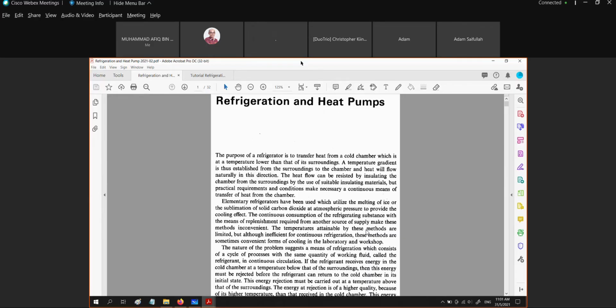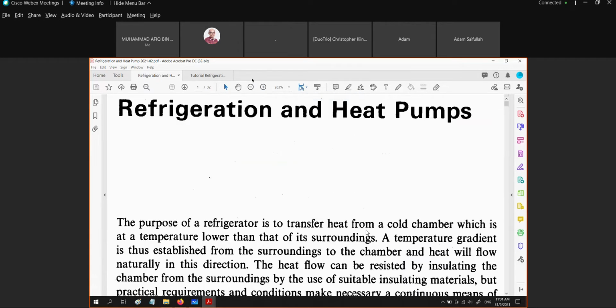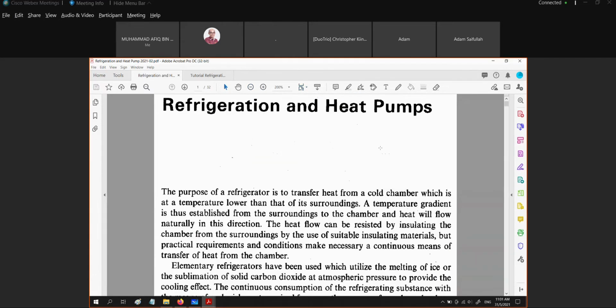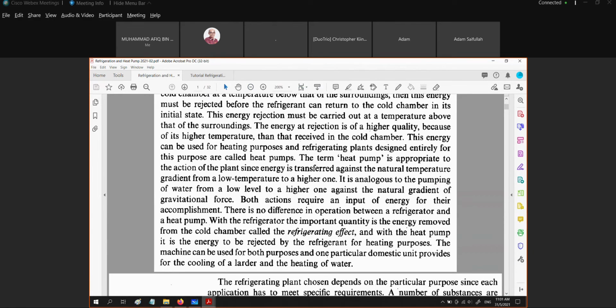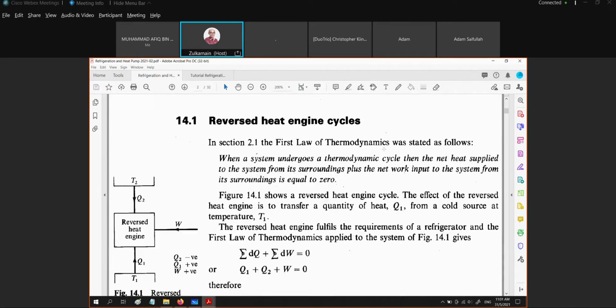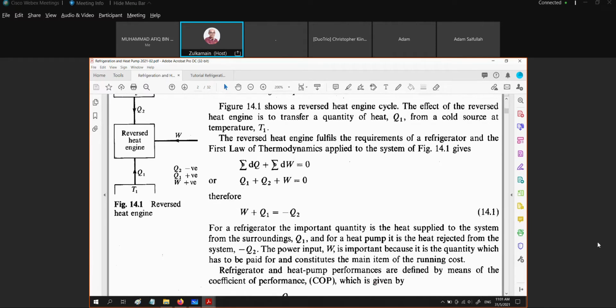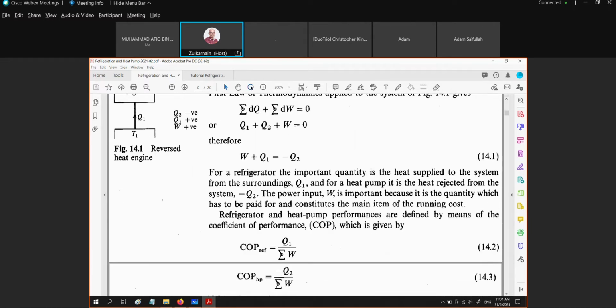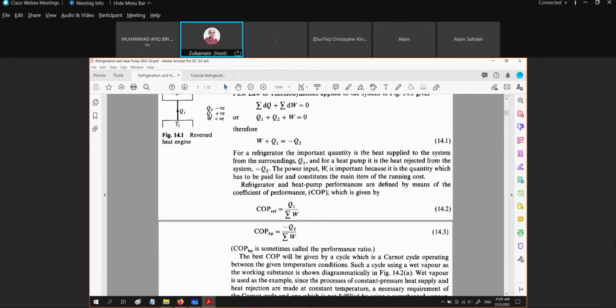A heat pump. And we have covered the reverse Carnot cycle for the heat pump and also for the refrigeration. So as far as the COP is concerned, we are getting the